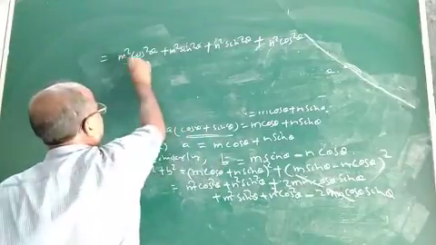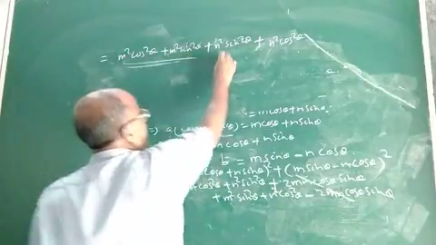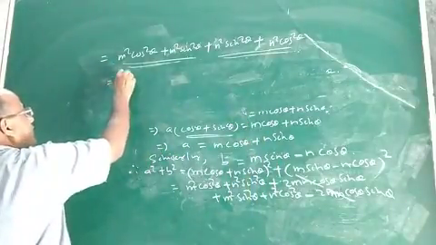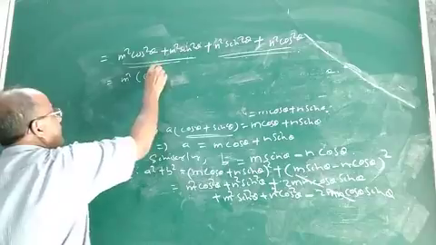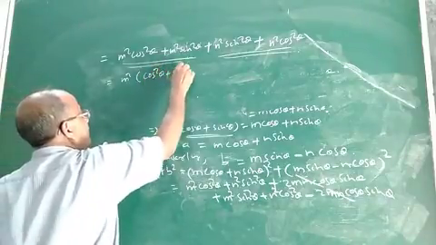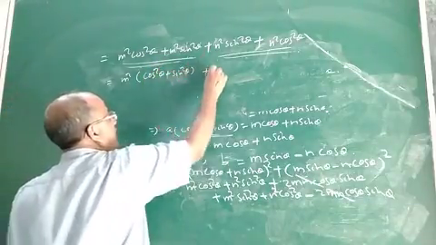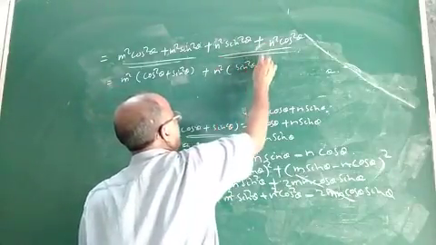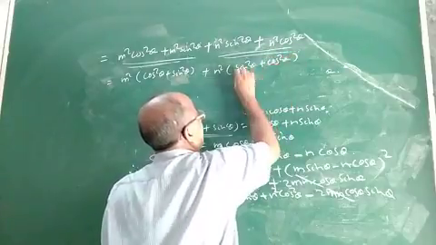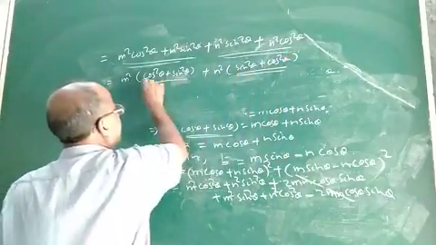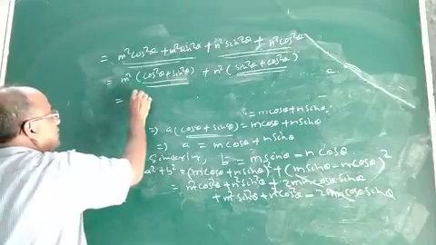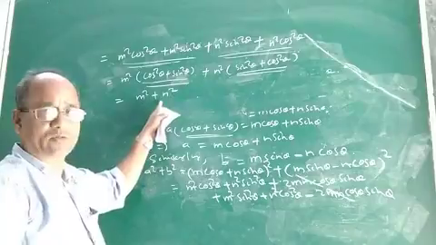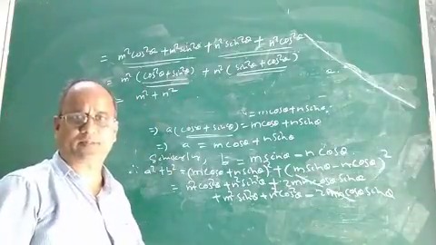Now out of these two terms we can take common m square, and out of these two terms we can take common n square. So take m square common here. What will you get? You will get cos square theta plus sin square theta in bracket, and similarly if you take n square common out of these two terms, you will get sin square theta plus cos square theta. Now the value of this expression is 1 and the value of this expression is 1. So m square into 1 plus n square into 1 will be m square plus n square. That means the value of a square plus b square will be equal to m square plus n square.